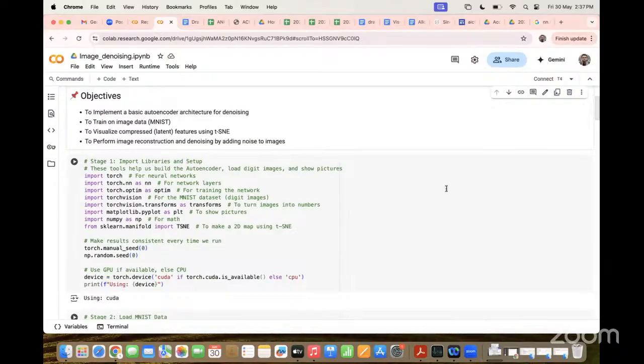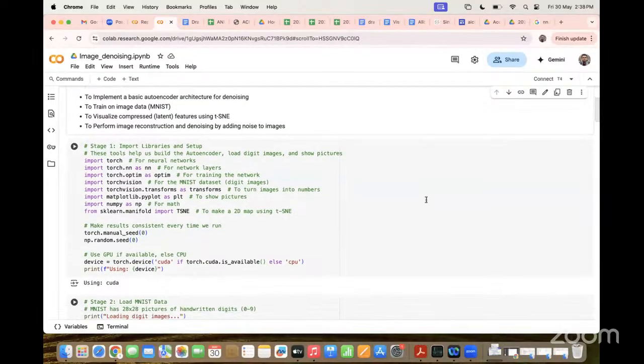We choose MNIST because it is freely available in the public domain, and we may not even need to download it. We can directly fetch it, so it will not waste our hard disk space. Then we will perform the autoencoder-based denoising, and we'll visualize the different features and the reconstruction results after the denoising is performed.